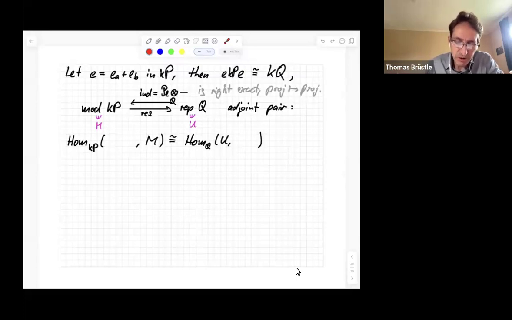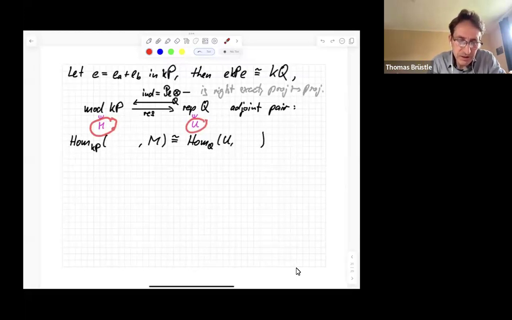So I'm given a module U and I'm given a module M on this side. How can I compare the homomorphism dimension into M with homomorphism side information on the other side? I don't see you giving me any answers. So I hope you do know that if I compute